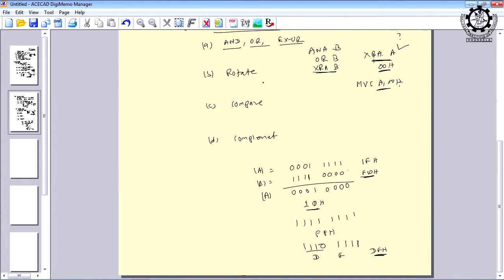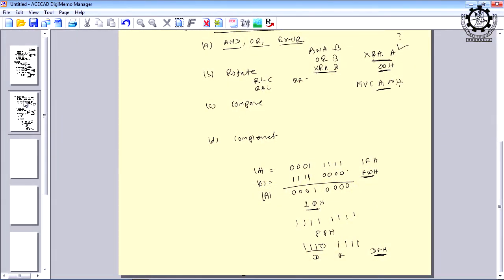Similarly, the rotate instructions. We have two types of rotate instructions: RLC, RAL, which are associated with rotate left. If you are rotating the content of the accumulator towards the left by 1 bit position, then you can use these instructions. Similarly, we have another two instructions, RRC and RAR, which rotate the accumulator right.